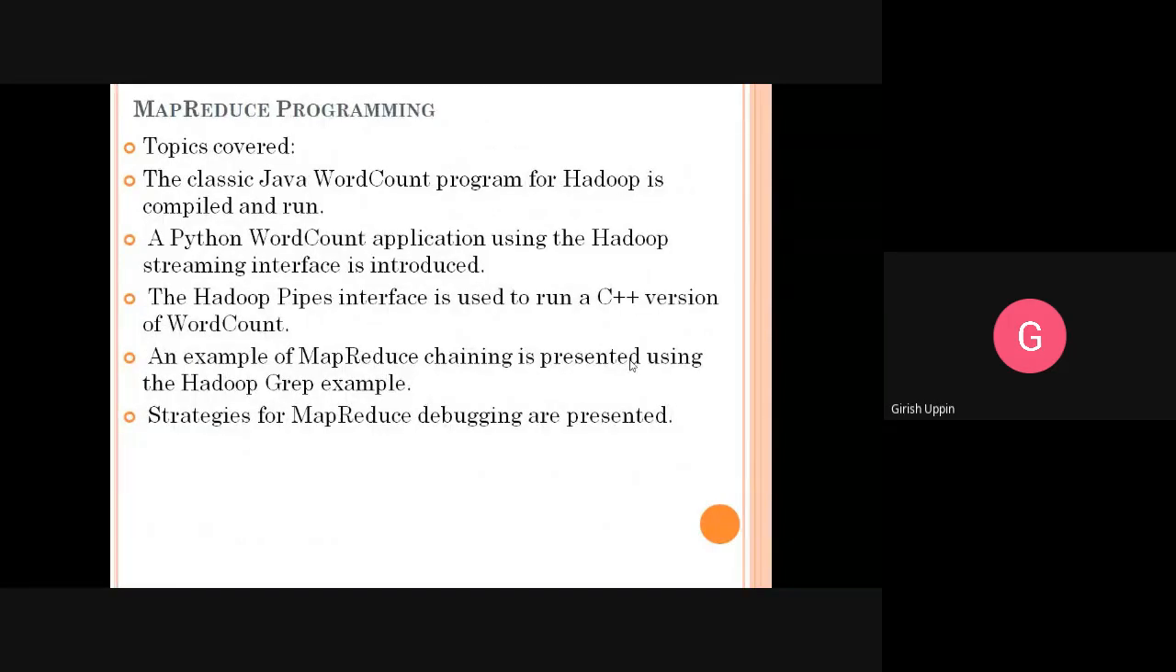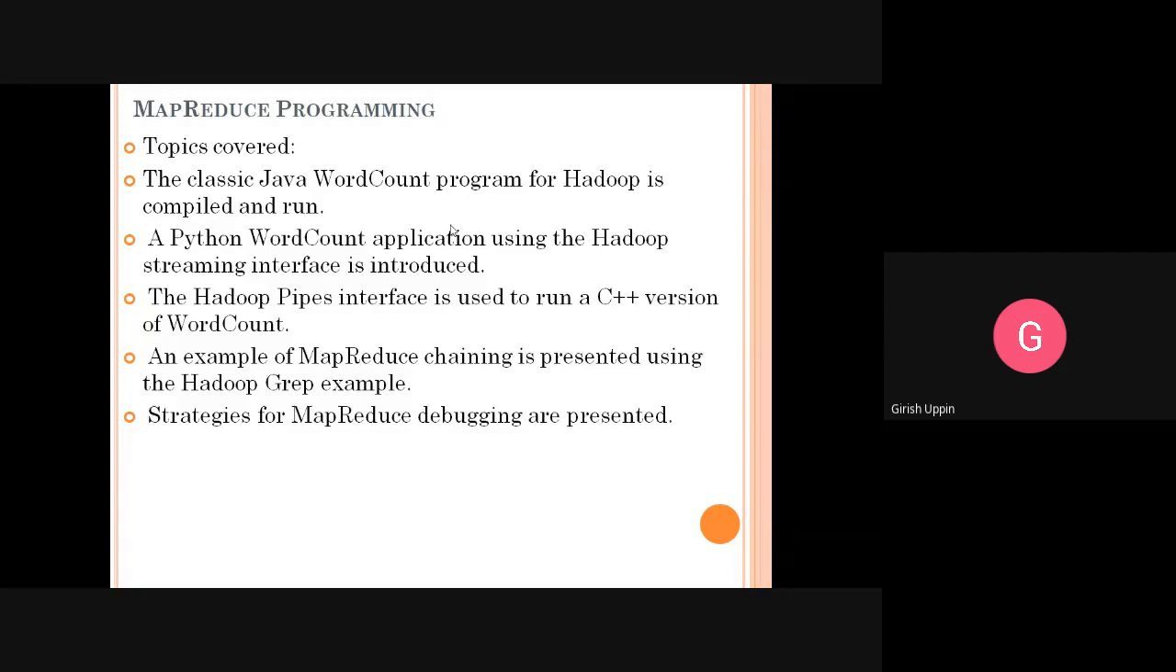Next is MapReduce programming. In this MapReduce programming, we are going to look into compiling and running the Hadoop word count example. We will see the word count example using Java programming. So we have the classic Java word count program for Hadoop. How it is written, we will go through the source code, then the compilation step, and how to run that particular example. And also in MapReduce programming, and this is also a very important question that has been asked,